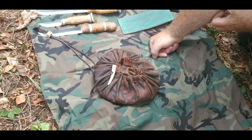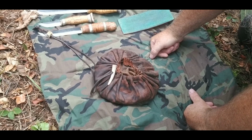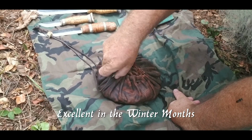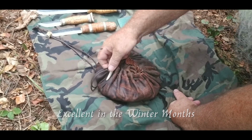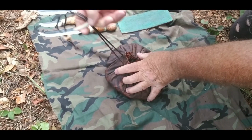basically, you never know where you're going to end up in the bush. You never know when you're going to need a helping hand in making a fire. You got to have something that's quick in case of an emergency. Basically, that's what this is here. So when you open her up,